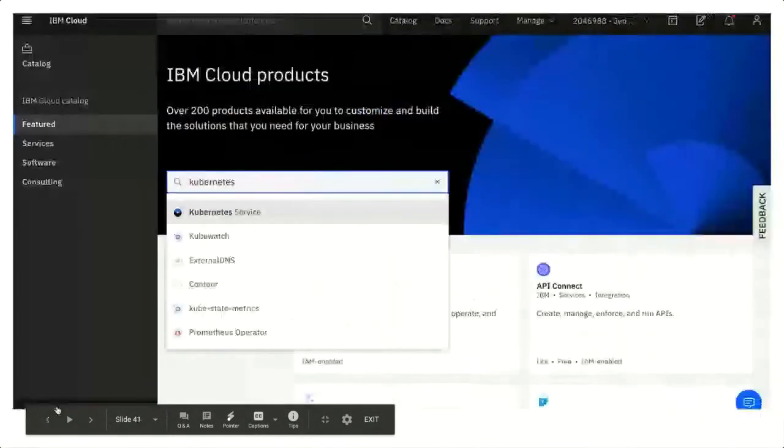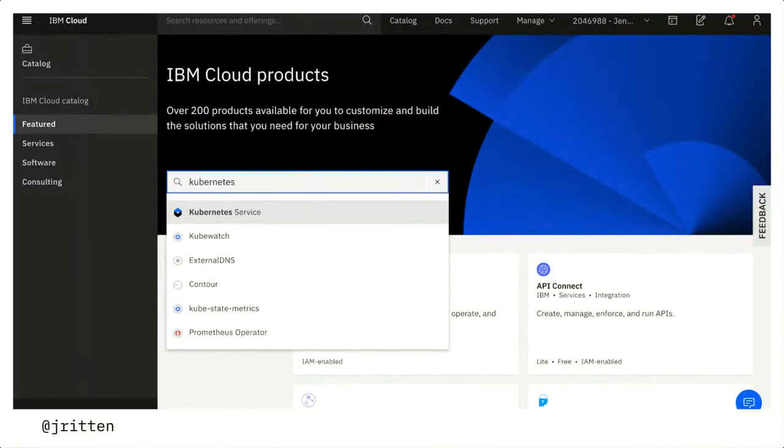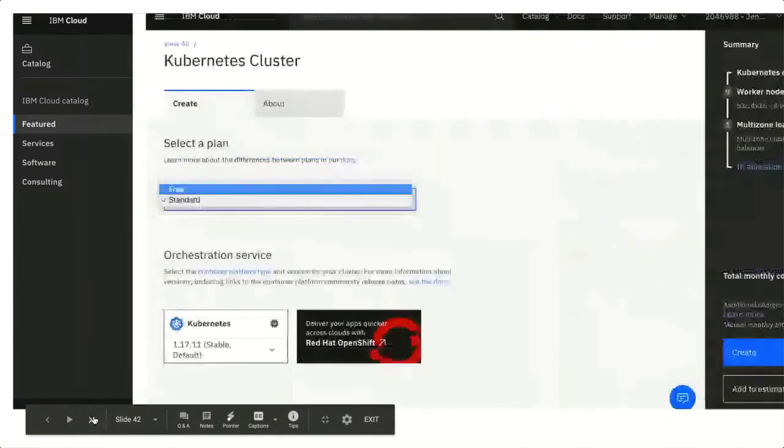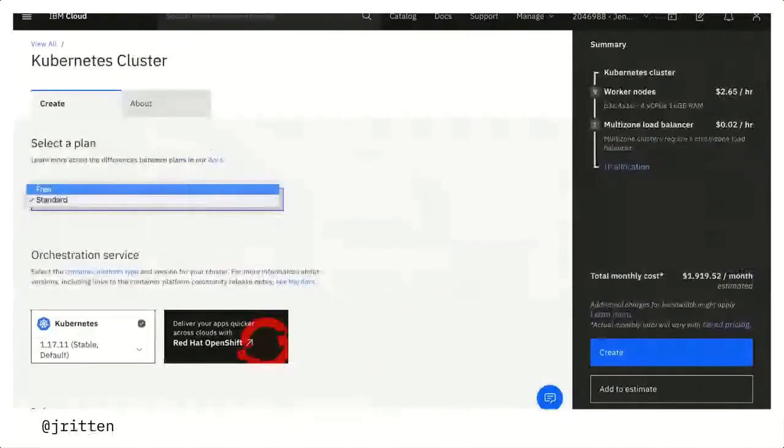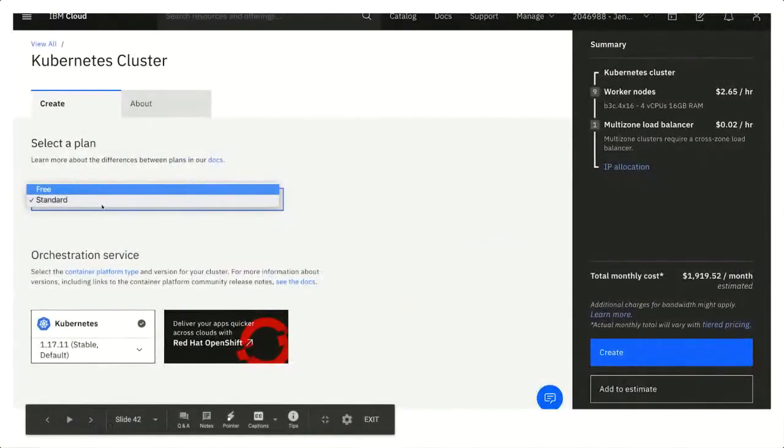So if you search for a Kubernetes service, you're going to create a free Kubernetes cluster. The standard plan is the default.